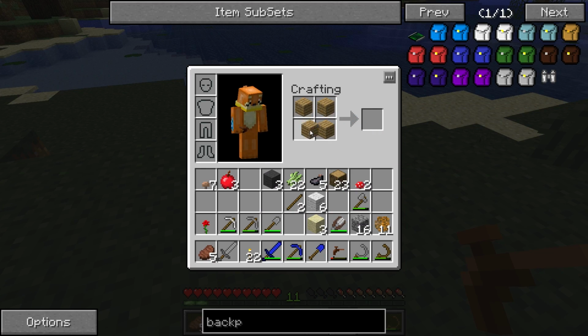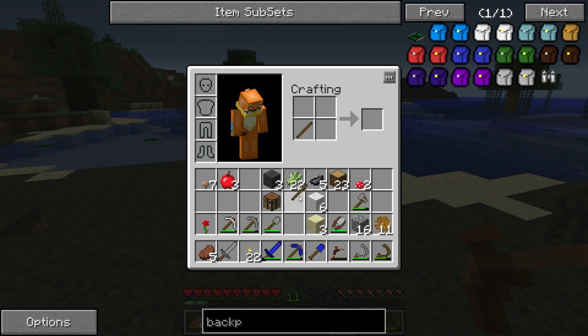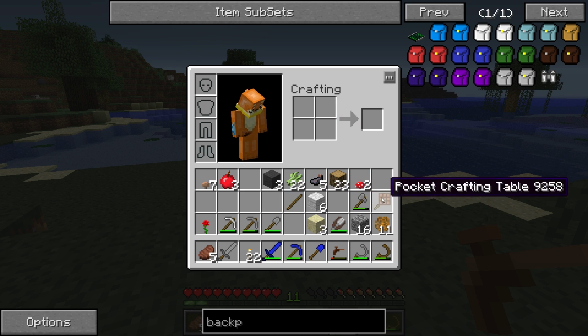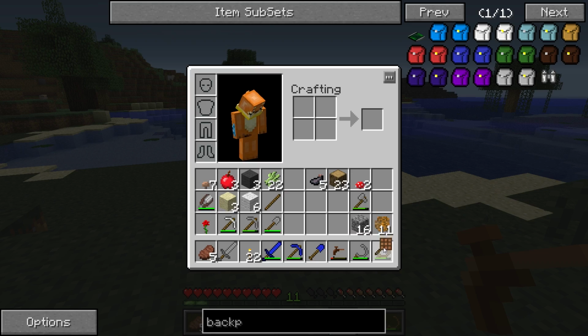Now, I'm just going to make a... Actually, you know what? Let's make a new thing. What do you say? This is called the portable crafting table, and all you need to do is just take a stick and a crafting table, and you get a pocket crafting table. I guess it's a pocket one, not a portable one. Now, it's a little on the clunky side. But basically, how it works is...